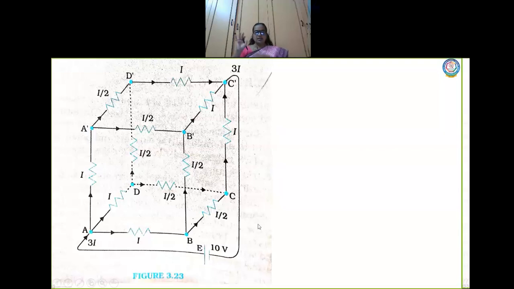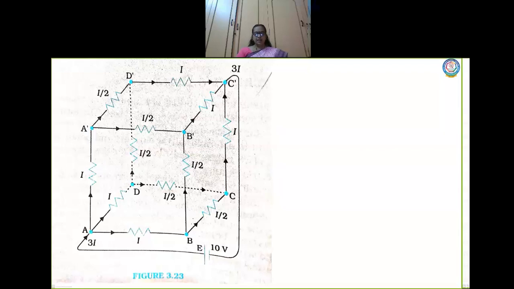Is it clear now? Now this is with respect to what rule, children? Current rule. Now look at the sentence: at the corners A dash, B and D, the incoming current I must split equally into the two outgoing branches. In this manner, the current in all the 12 edges of the cube are easily written down in terms of I using Kirchhoff's first rule and the symmetry in the problem. So the current is distributed, right?